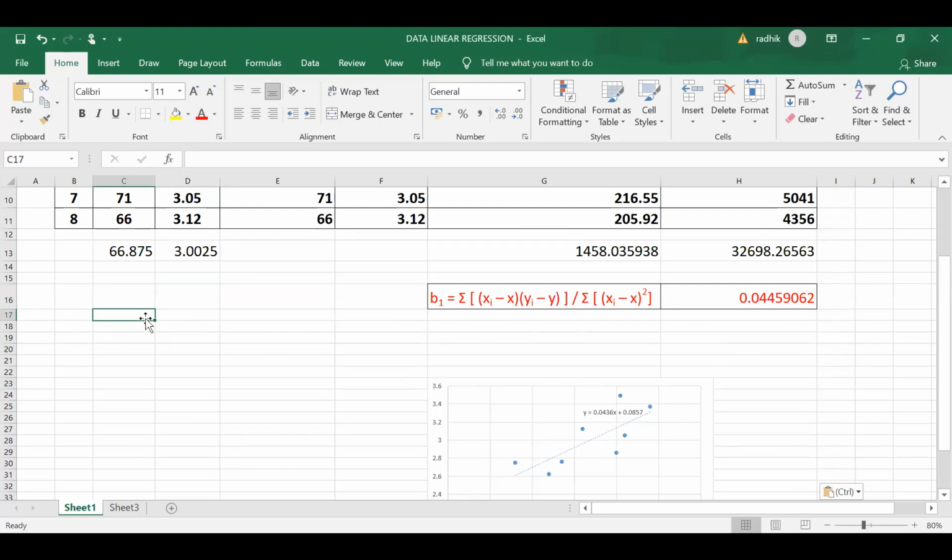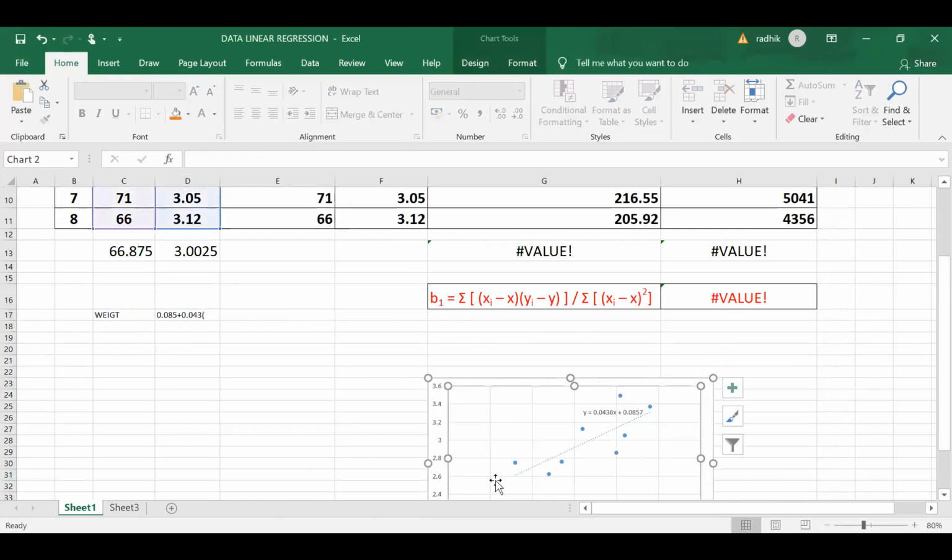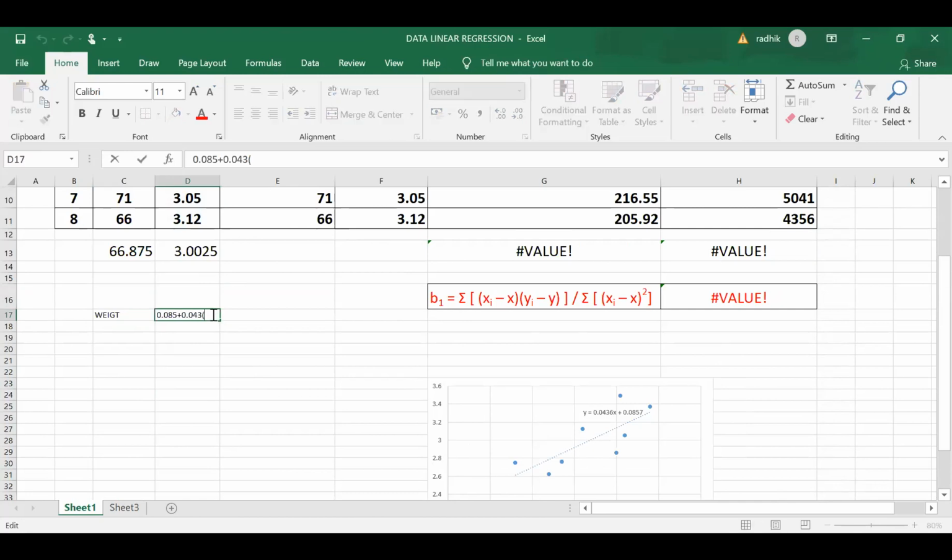The regression equation is weight is equal to the constant 0.085 plus 0.044 into x, that is our independent variable, plasma volume.